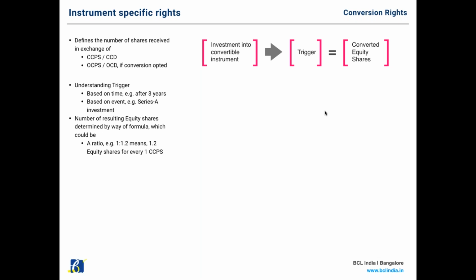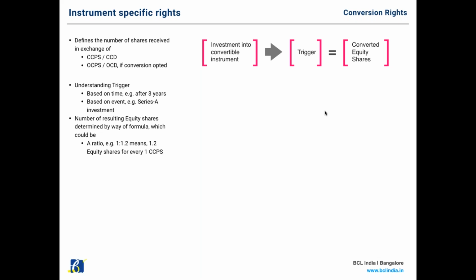The obvious question is, why does anybody put money into CCPS today? And it is because the valuation of startups, early stage startups, is not very clear. So preference share, in addition to giving the flexibility of structuring it the way you want, gives the added advantage to the investor to put money into the company and leave the valuation to an event, which could be the next round where valuation becomes clearer.